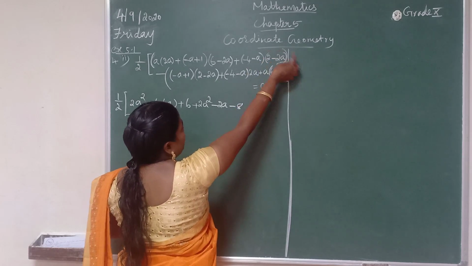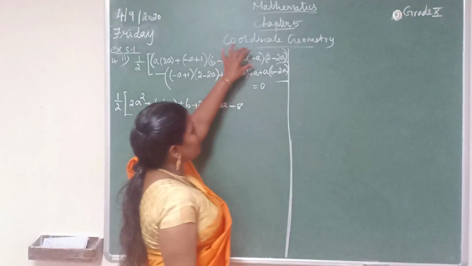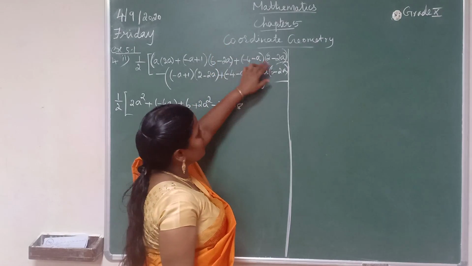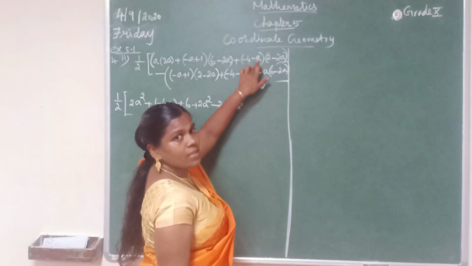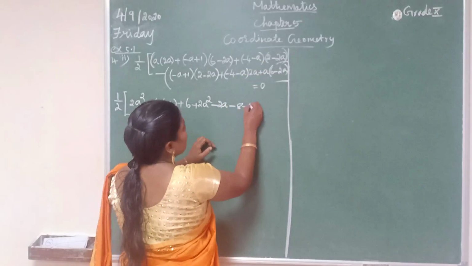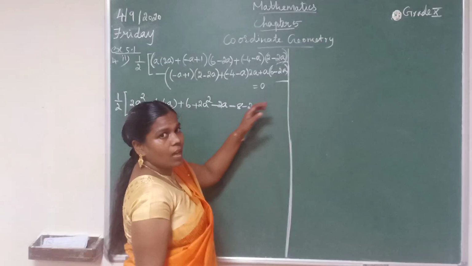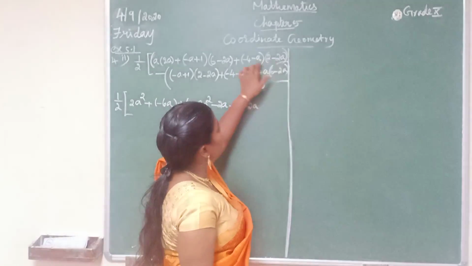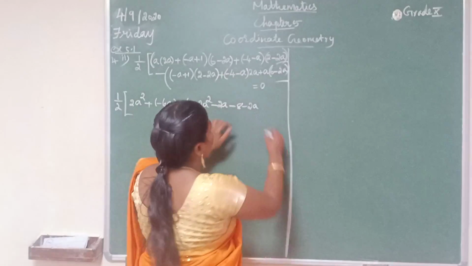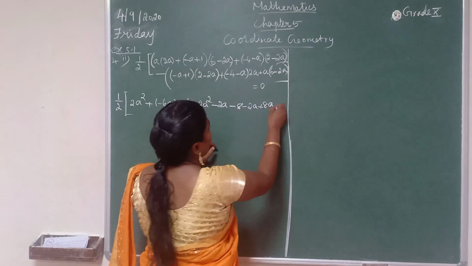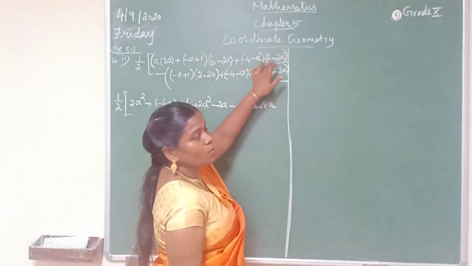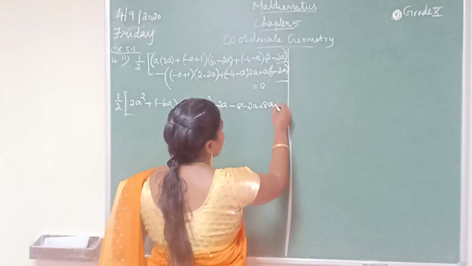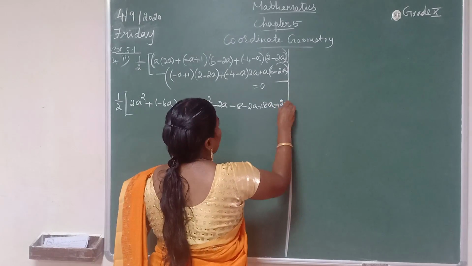And this 2 term into this 2 term, so that goes to minus 4 into 2 over. Next to minus a into 2, that is minus 2a, and this minus 2a with this 2 term, that is minus 2a into minus 4, we get plus 8a, and again minus a into minus 2a, we get minus into minus plus, so that a into 2a is 2a square, plus 2a square.